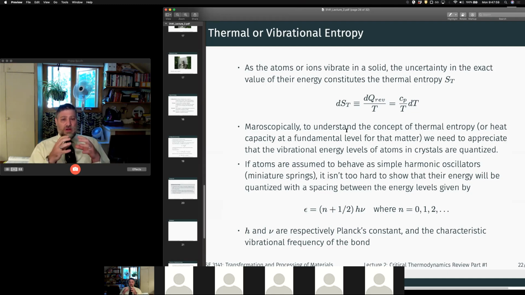So to really understand this on any kind of level, we need to really appreciate that the vibrational energy levels of atoms in a crystal are quantized,